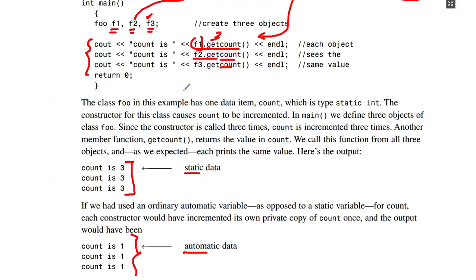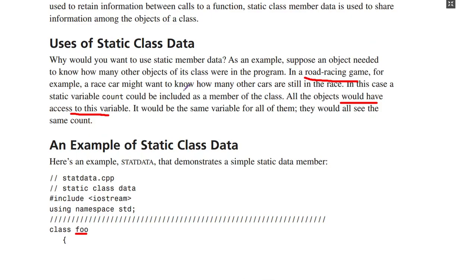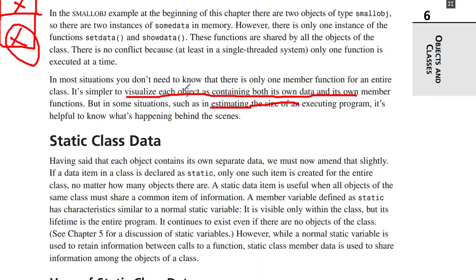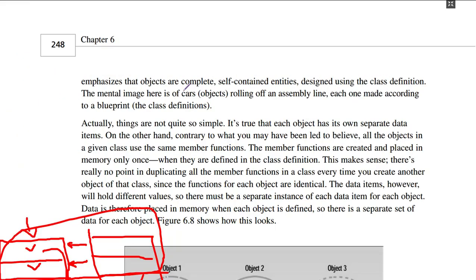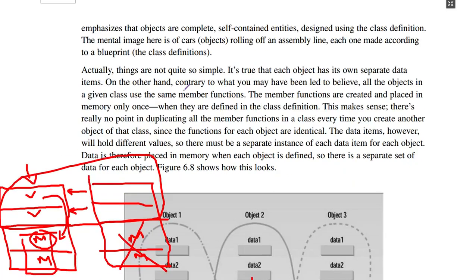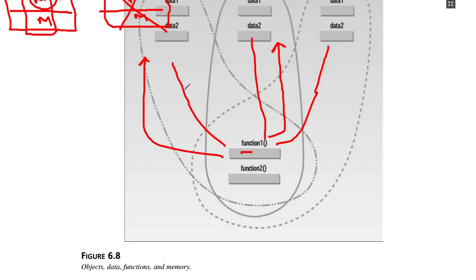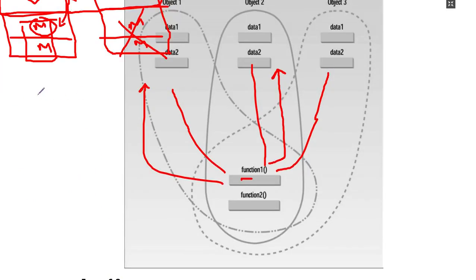अच्छा जी, तो इसमें अब तक हमने मेमोरी के बारे में कुछ डिस्कस किया कि जो ऑब्जेक्ट है, उसके लिए हमने क्लास का एक ब्लूप्रिंट बनाया, जिसमें ऑब्जेक्ट में कुछ डेटा आइटम्स होंगे और उसके कुछ मेंबर फंक्शंस होंगे. तो फर्स्ट हमने यहाँ पे कहा कि अगर हम इस ब्लूप्रिंट के हिसाब से ऑब्जेक्ट्स बनाते हैं,